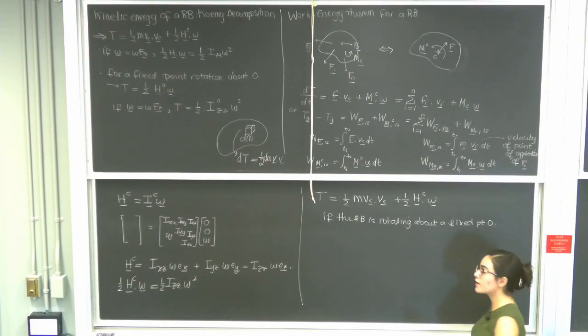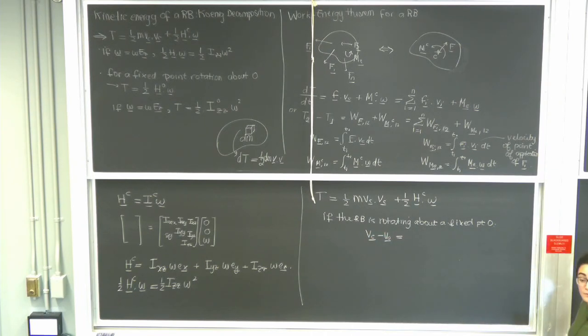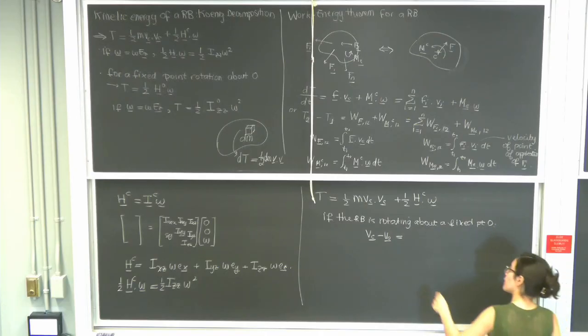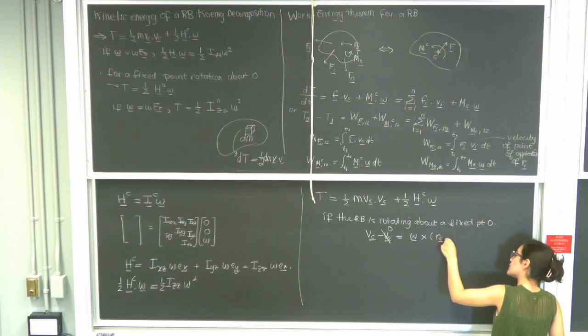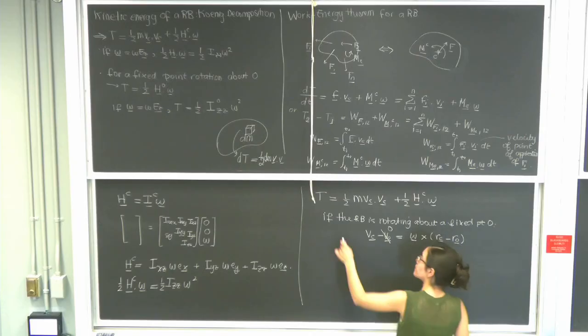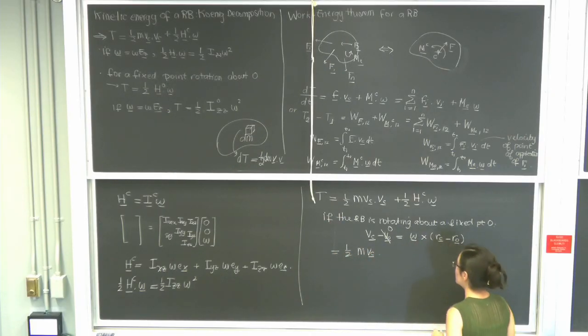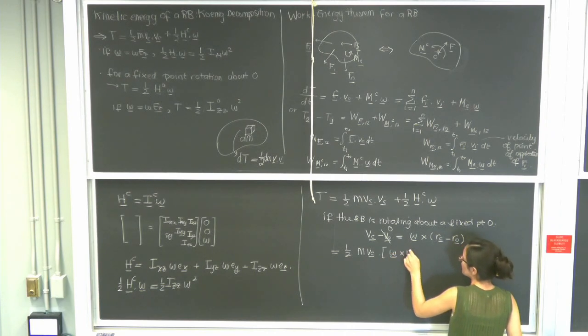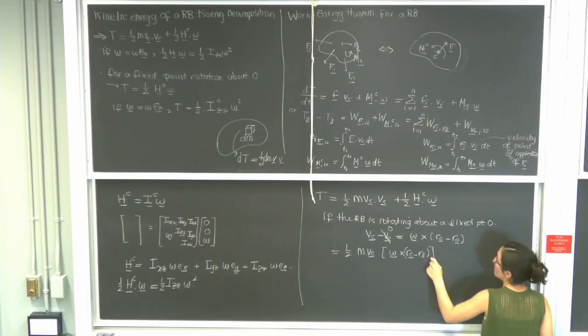Okay. And then if a body is rotating about a fixed point O, then what do I get? I can write that V_C minus V_O is equal to what? Yes, omega, because V_O is 0. But that's also equal to omega cross R_C minus R_O. Perfecto. So I will replace V_C up there: half m V_C dot omega cross R_C minus R_O, plus half